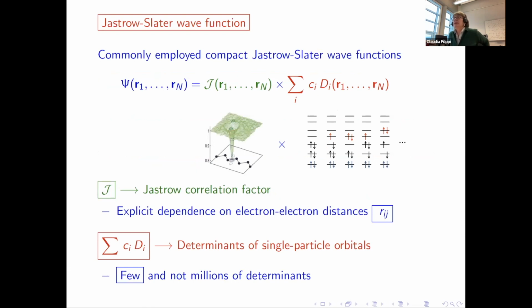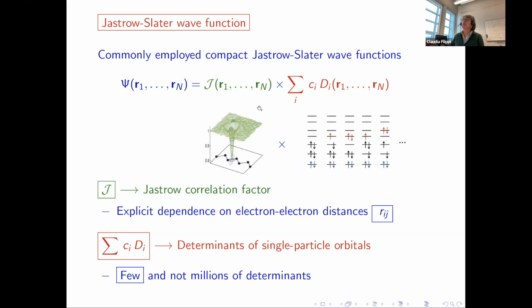So now in the literature, people typically use what we call a Slater-Jastrow wave function. You still have a representation in terms of a summation over Slater determinants. This is what I was talking about: you have your Kohn-Sham or Hartree-Fock determinant, and then you start to excite electrons out of the first determinant.